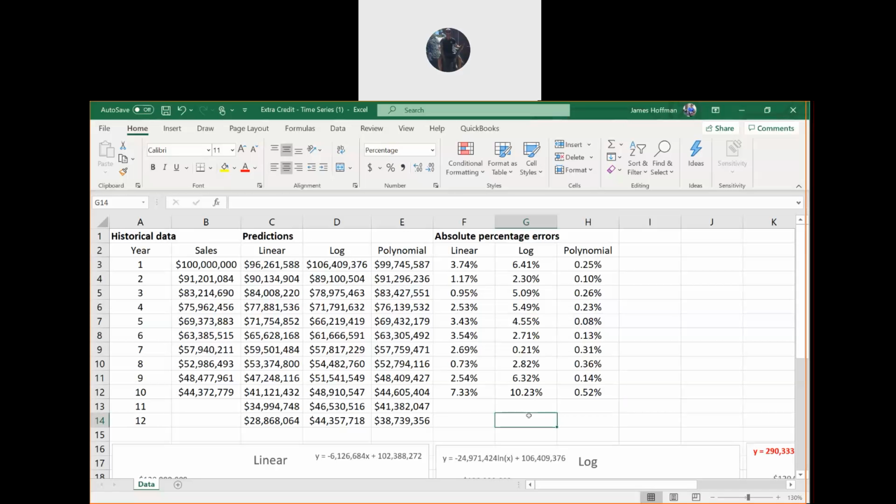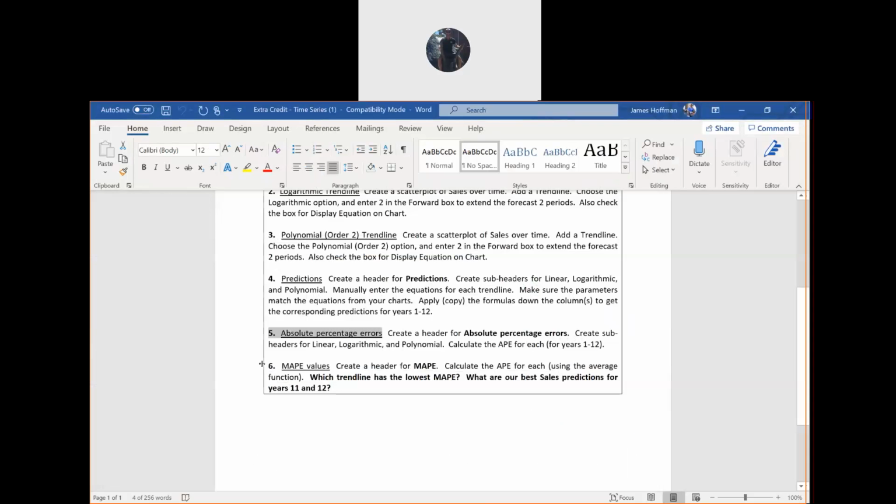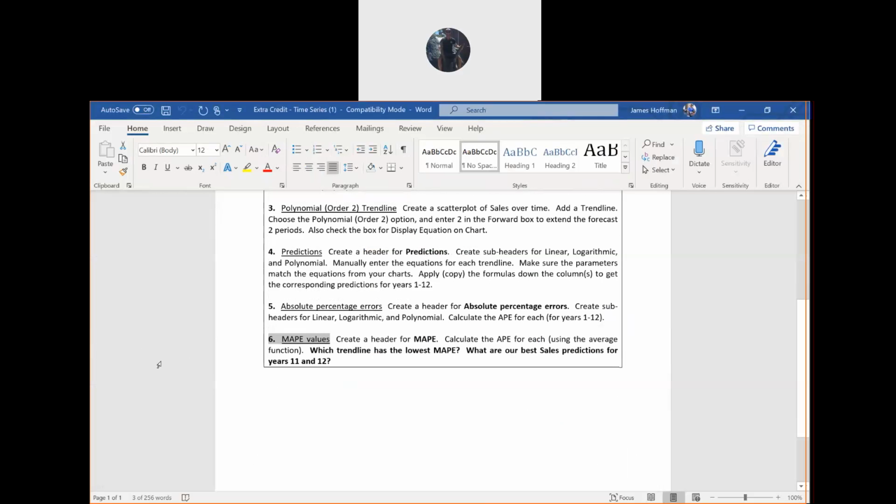It clearly looks like the polynomial, but let's complete the analysis. So step 6, let's get the MAPE. And so let's create a section for MAPE.